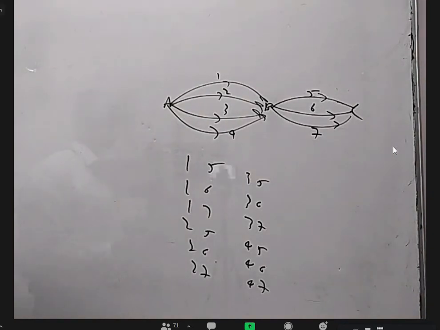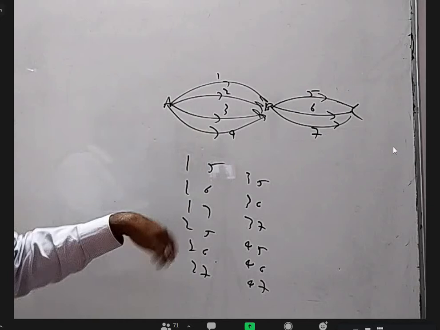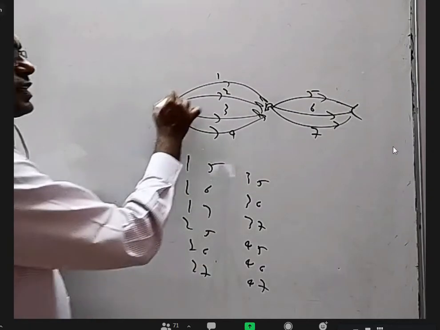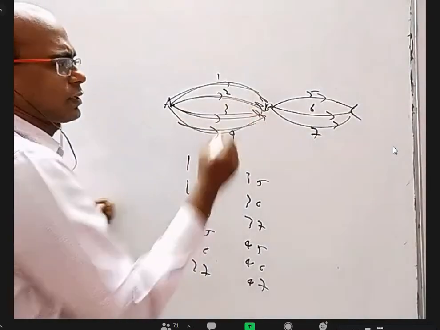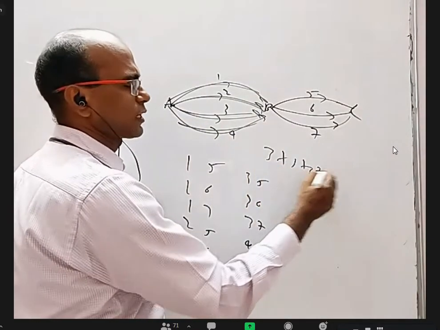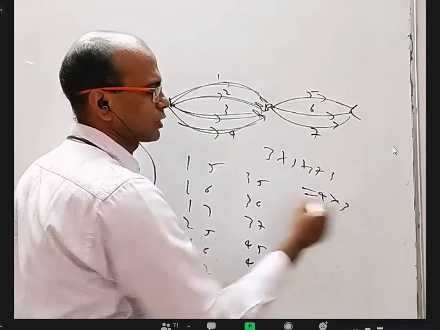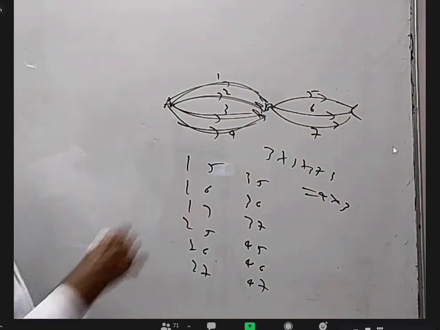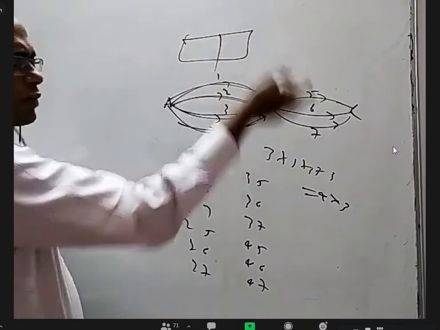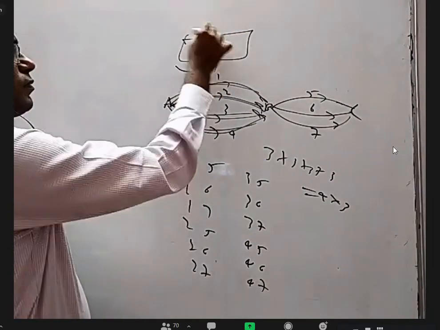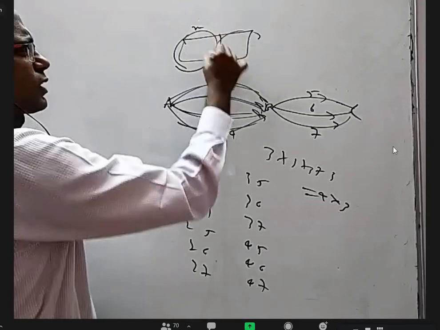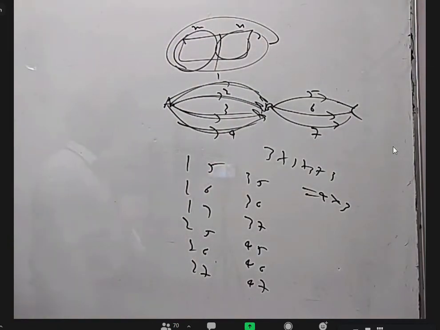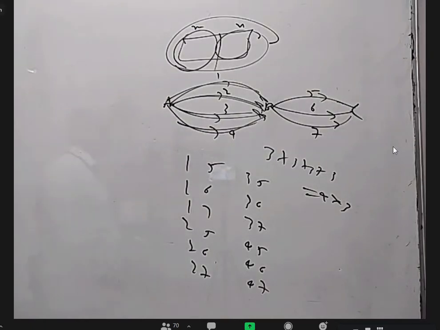12. 12, right? Yes, 3, 3, 3, 3: with this 3 ways, with this 3 ways, with this ways. So I added 3 plus 3 plus 3, 4 times. It will be 4 into 3. Right? Okay. So whenever you want to do 2 activities, one after another, if there are m ways for doing this and n ways for doing that, the total is m into n ways. This is a fundamental formula in the permutation combination chapter.